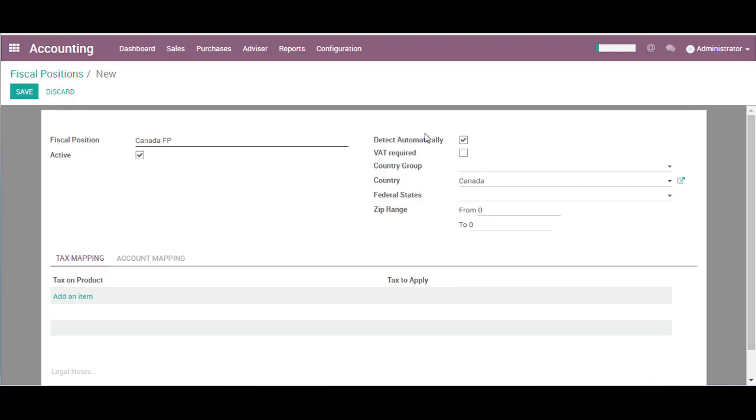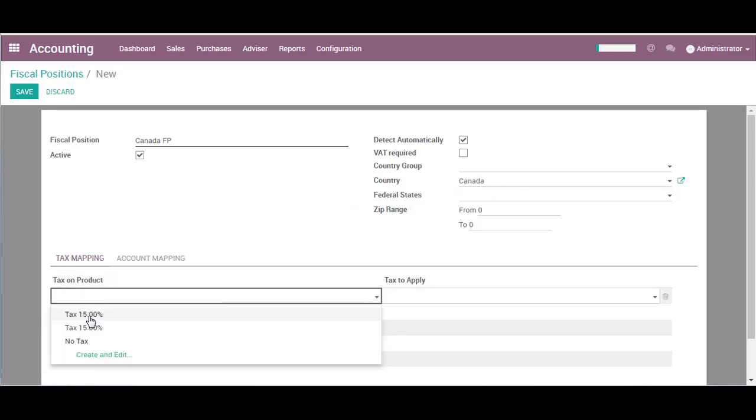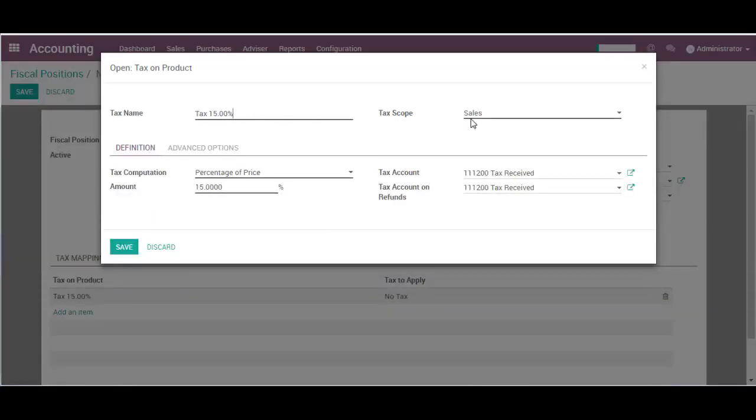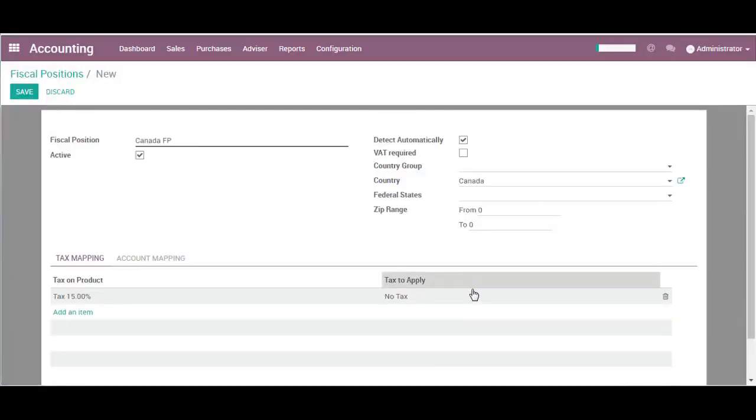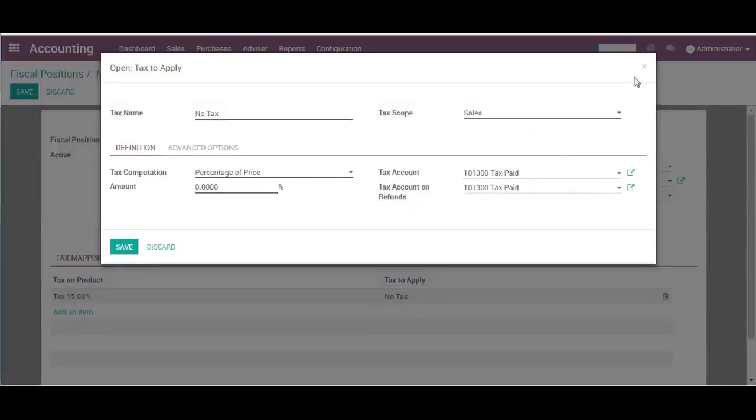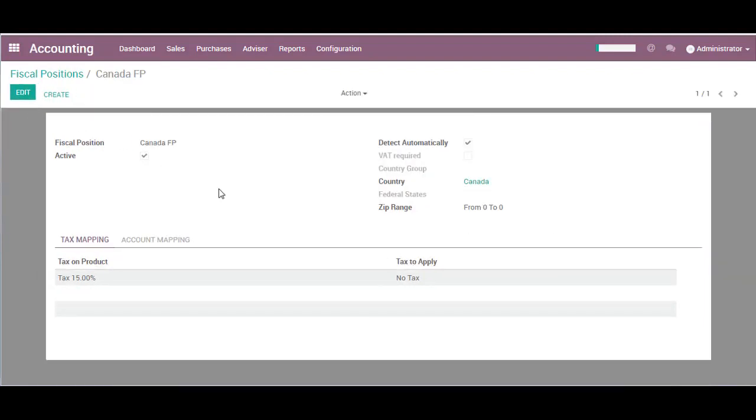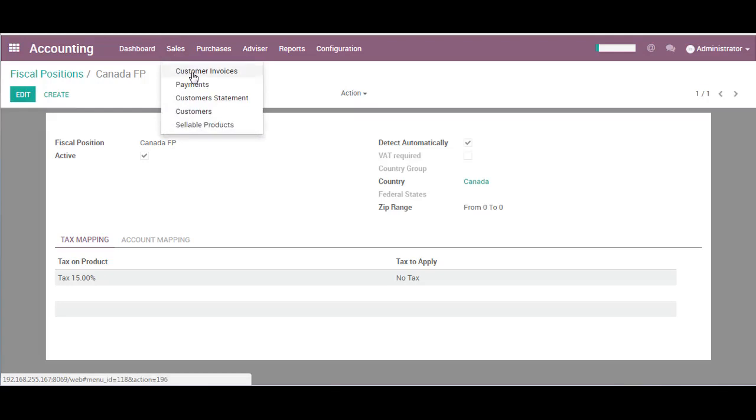But here I will just make it quite simple and say that when I am selling to somebody located in Canada, I won't apply my 15% tax, but I will instead apply no tax. Here it is another tax I defined, so you can see that the first tax I selected here is my sales 15% tax, and I will apply that no tax rule for the sales as well. I'm saving this fiscal position, and while I could be eventually